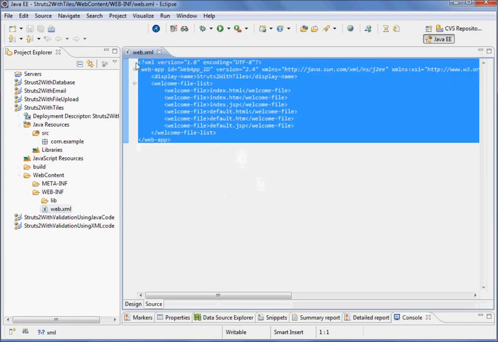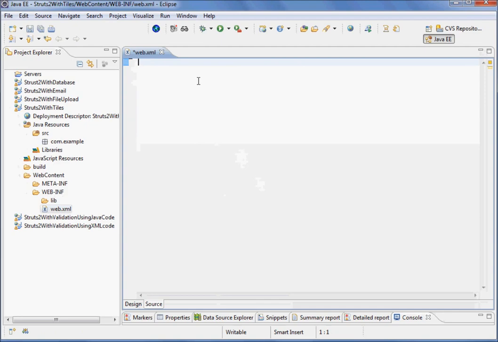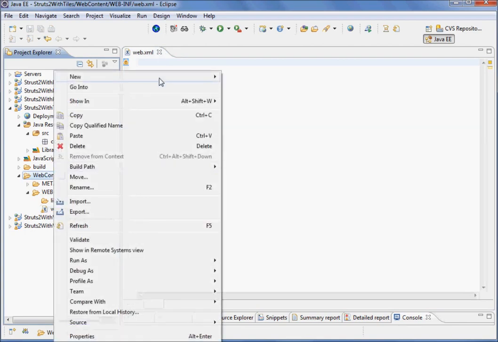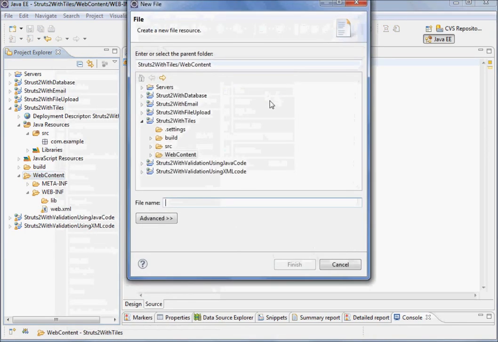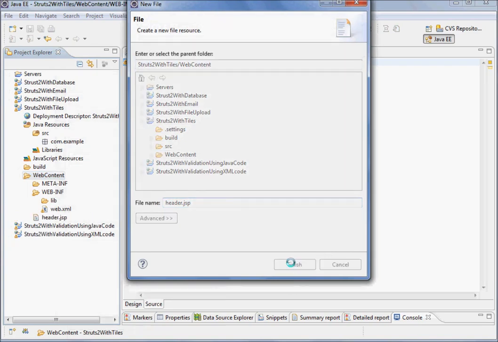I'll just delete it. Okay, and we'll create a few JSP pages here. I just say file, normal file, will create here, and I'll say header, so header.jsp. Finish it,